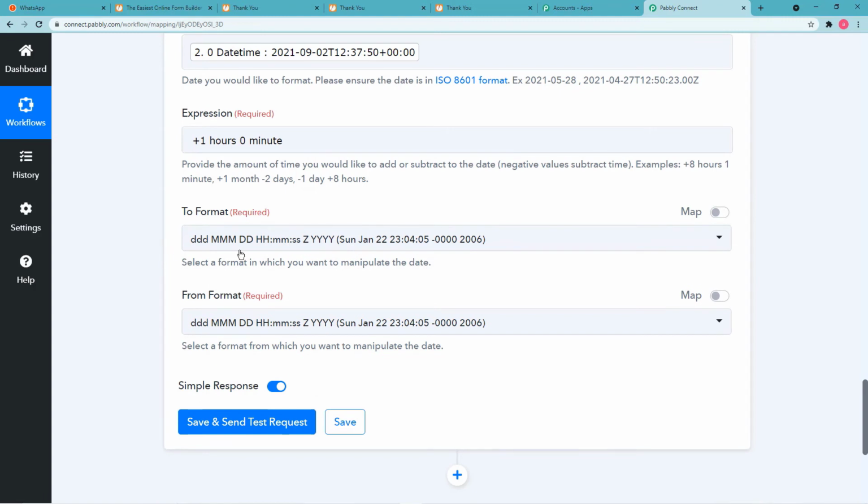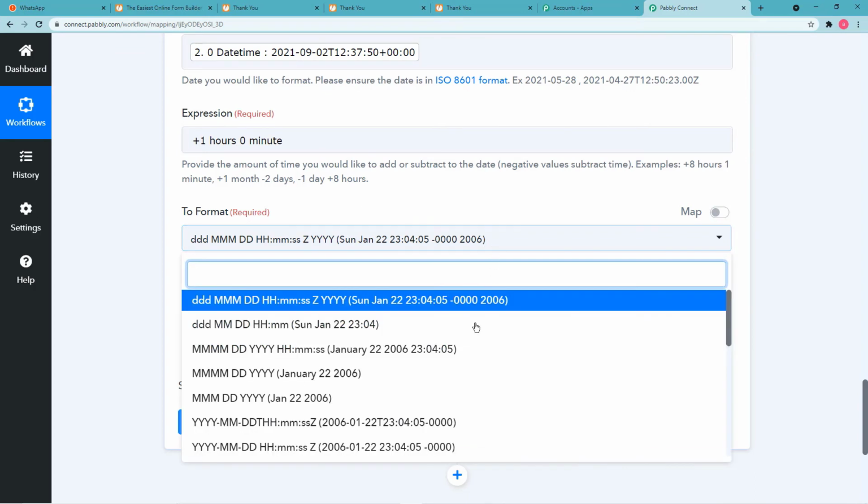Alright, now it is asking for two formats. So if you want to convert this time format into something simpler, you can also do this. So let's make this in the simple format. The simple format with time is this, you can select this format. Alright, so this is the simple format, and it is also showing the time. Select this,